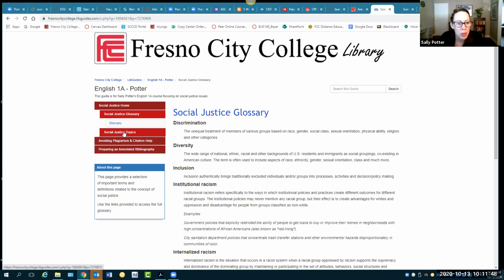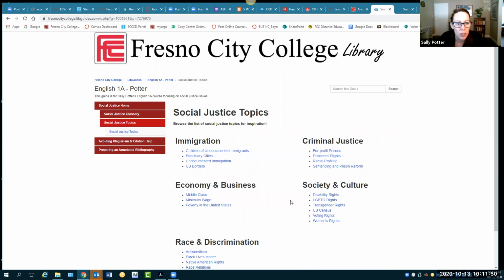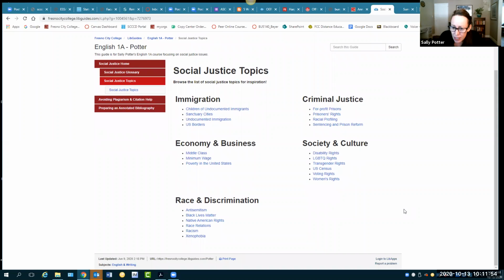Okay, this is probably the most important page, and that's with the topics. So this is not every single social justice topic. And in fact, I purposely left off a really big one, and I do want to discourage you from writing about it. And that's anything that has to do with environmental justice. So the environment, so global warming, pollution,